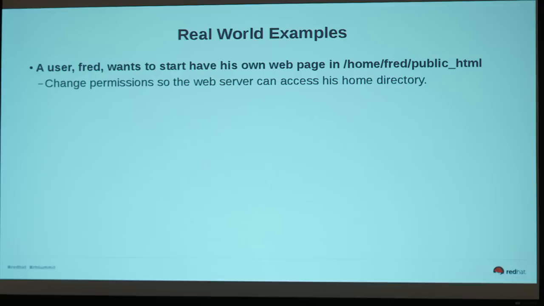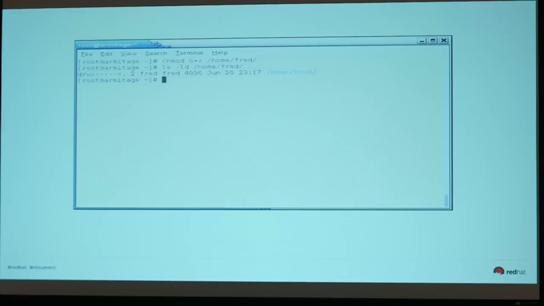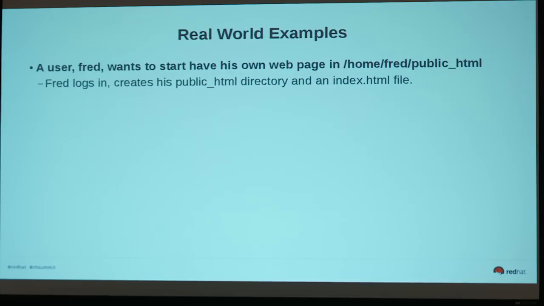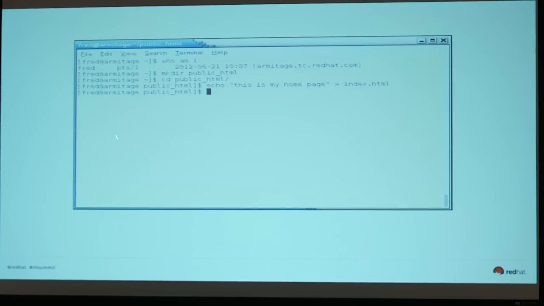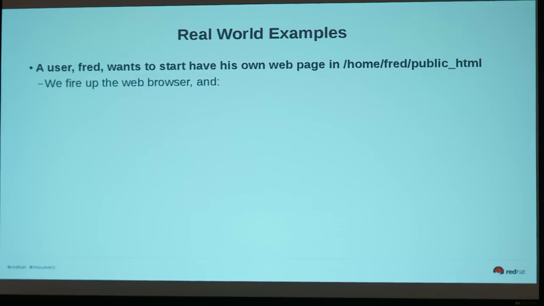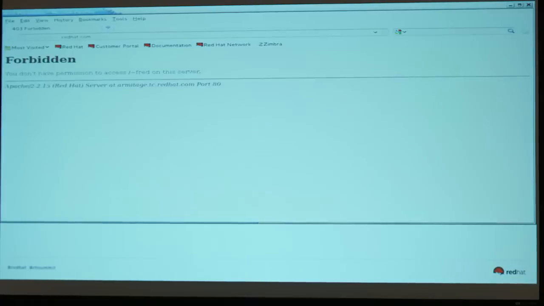We're good there. Fred makes the directory and changes permissions on it, right? Because you know you've got to set other to have execute access to /home/username. So we jump through all those hoops. We set that all up. He logs in. He creates his public_HTML directory, so you know that it's owned by him, and he creates his fancy schmancy new index.html file there. You restart the web service, fire up the browser, and